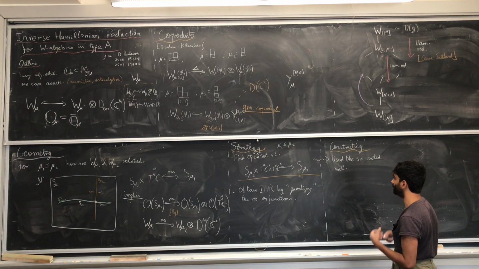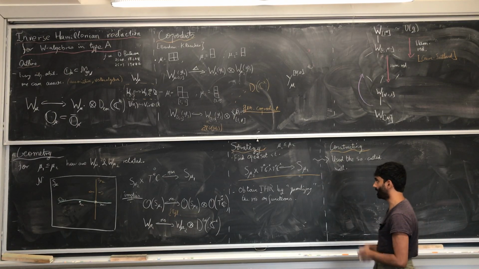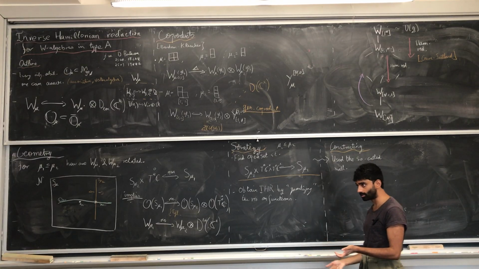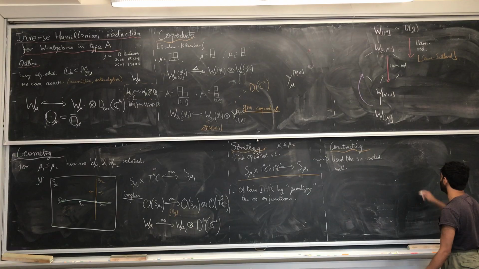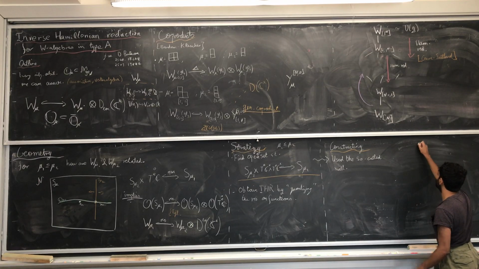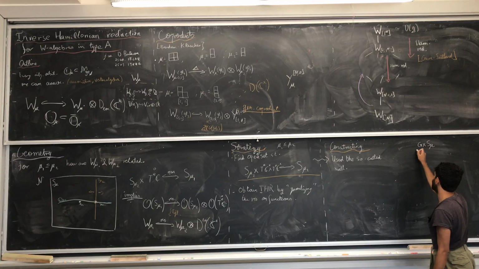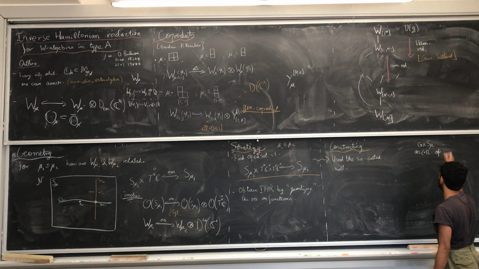So we're actually working with these equivariant slodowy slices that I mentioned. These equivariant slices, G times S mu, appear as Coulomb branches of quivers that look like